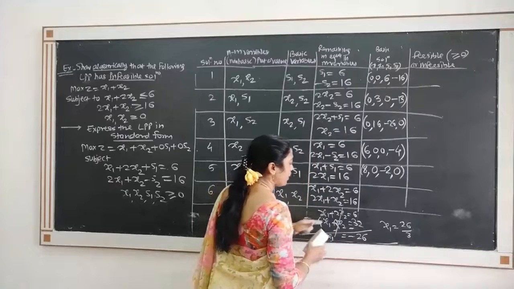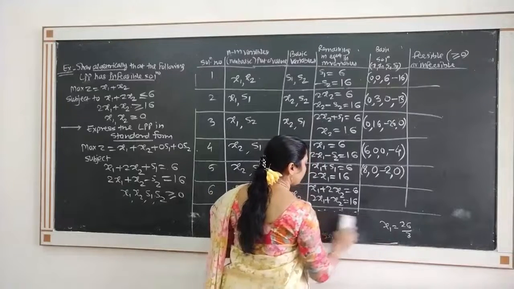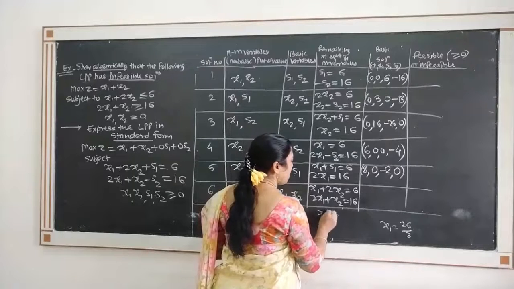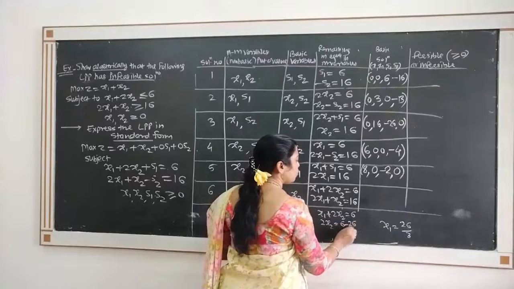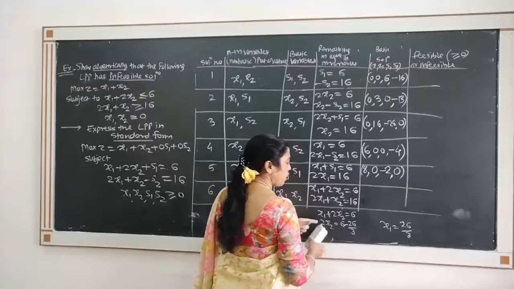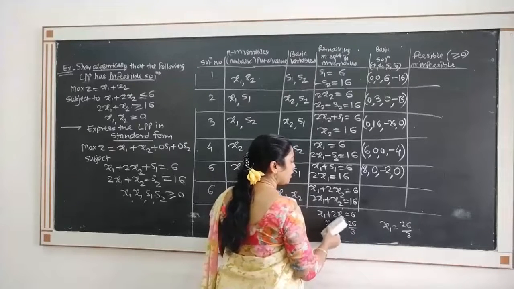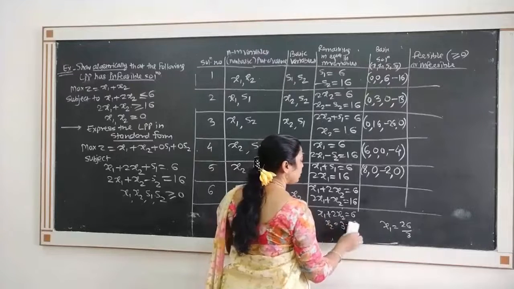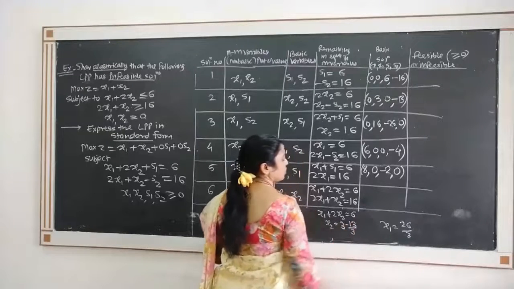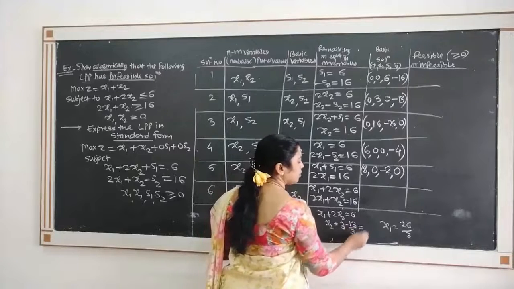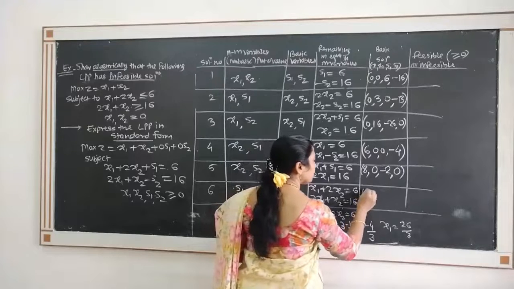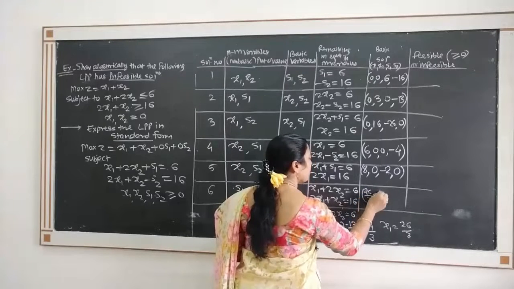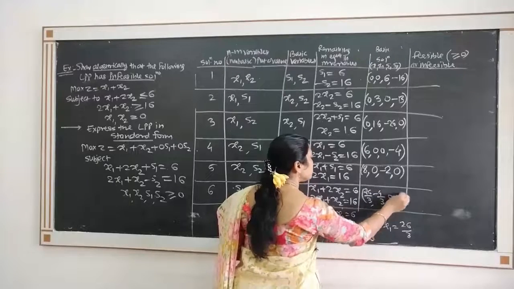And put x1 is equal to 26 by 3. So what we have? x1 plus 2x2 is equal to 6. x1 is 26 by 3. So 2x2 is 6 minus 26 by 3. Cancel 2 throughout. By dividing by 2, we get this to be 3 and this to be 13. 9 minus 13, that is minus 4 by 3. So x2 is minus 4 by 3. So the answer comes to be 26 by 3, minus 4 by 3, 0, 0.